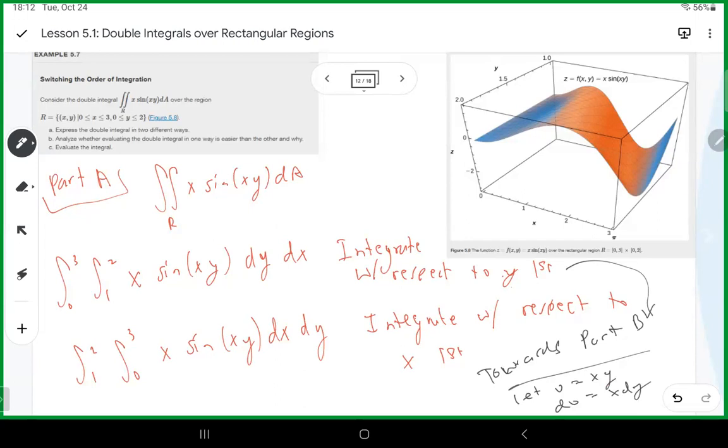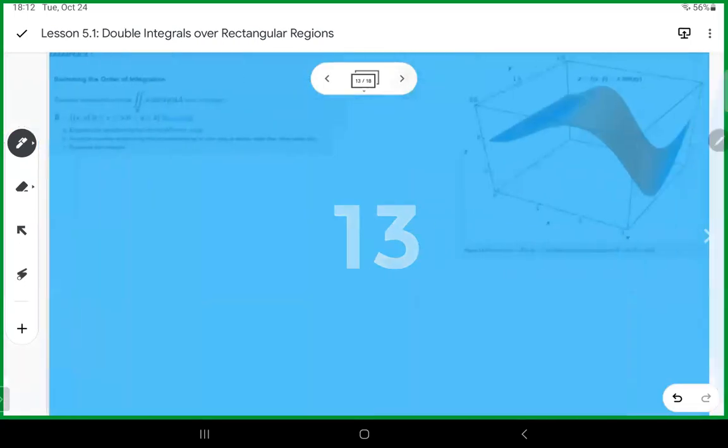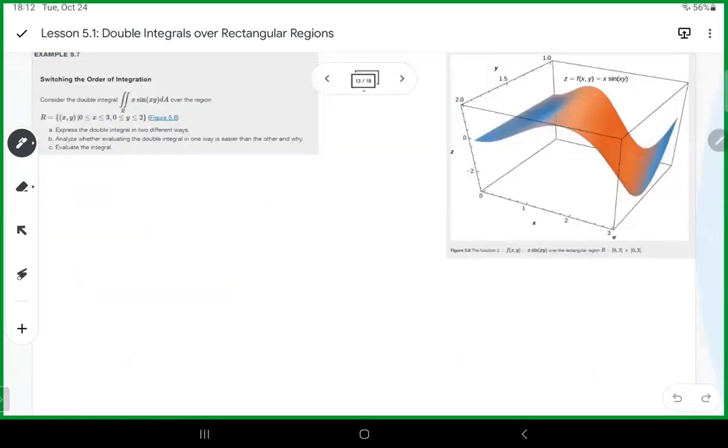Since the integral is simply the integration of sine u du, we can change the limits to be the functions of x. So let me go ahead to slide 13. I gave all of part B to slide 13. So if you continue on with that train of thought, from slide 12,